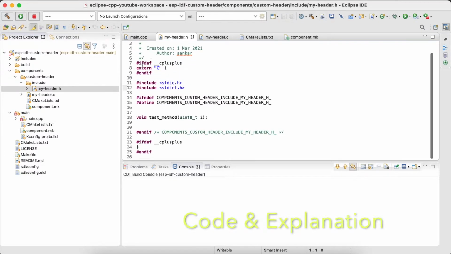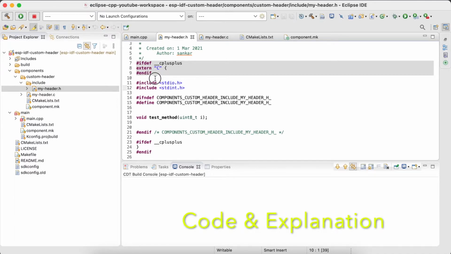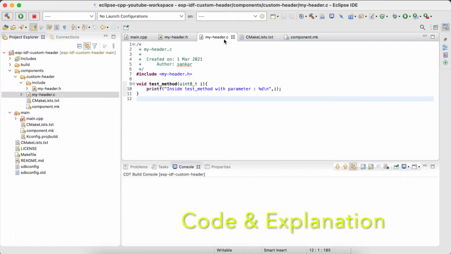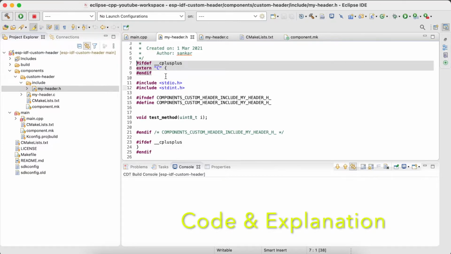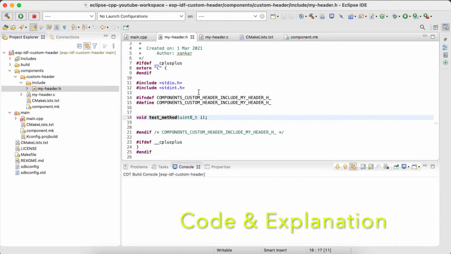This will have C++ support, and this part explains that if you want to include plain C code to support CPP integration, we need to include this extern C, so that you can call this particular method in either a C file or a C++ file, so both can be supported. For that you need to include these three lines, and at the end of the header file you need to add these three lines.